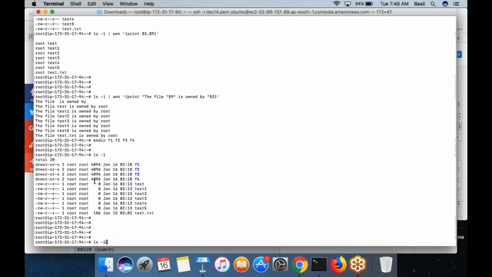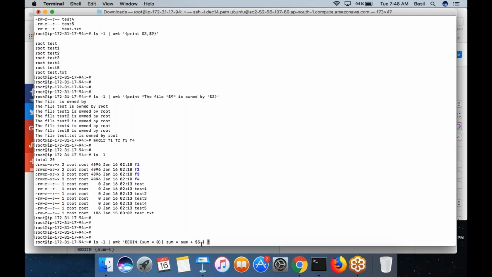So let's see, I'm running this ls command, then I am sending this output to awk. In the BEGIN section, I would initialize a variable called sum equal to 0. In the main action section, what I'm going to do is sum equal to sum plus $5.